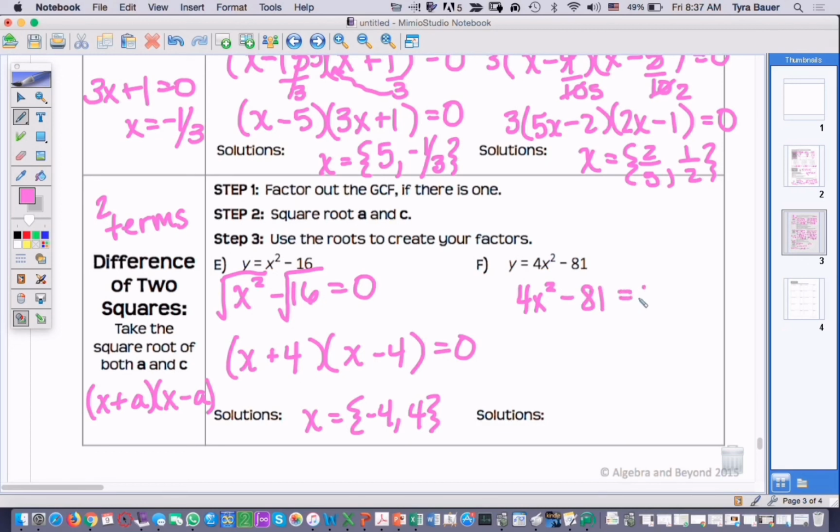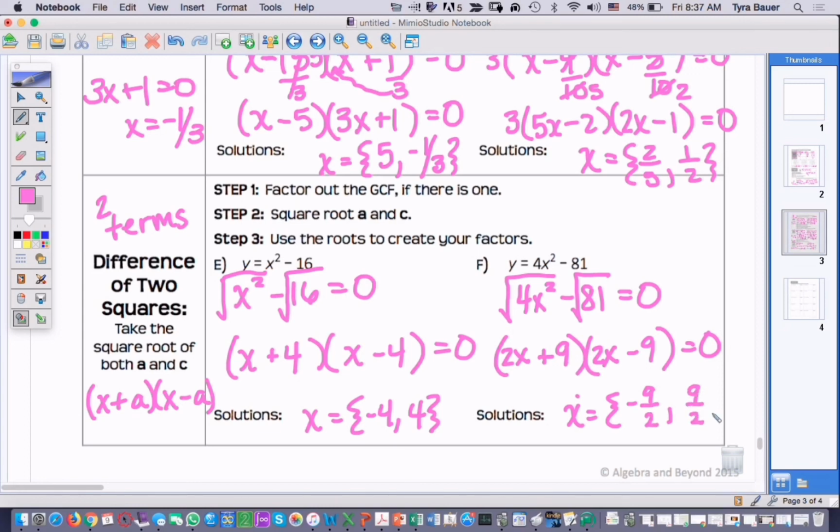All right, letter F, GCF. Is there one? No, there is not. So I'm going to say 4x squared minus 81 equals 0. What should I do? Square root. And what's the square root of 4x squared? 2x. So I have a 2x here and a 2x here. Yes, plus 9, because the square root of 81 is 9, and then minus 9. It has to be plus and a minus. Then negative